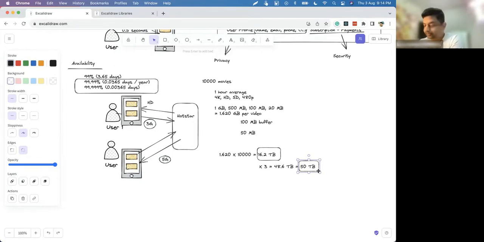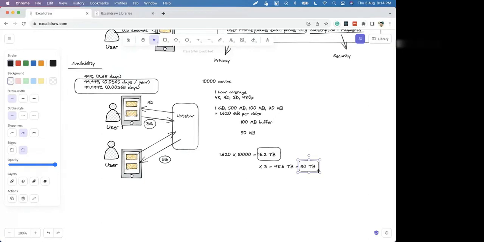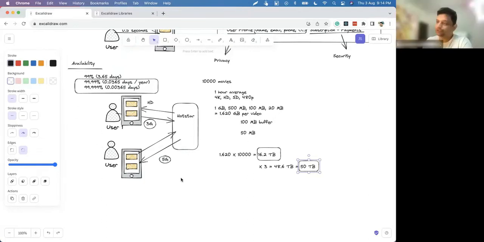You need the database for Hotstar. But what will you store in the database? Can you search movies in Hotstar? Yes. Right. So you will store the metadata about the movies. Absolutely right. You will also store the user details.